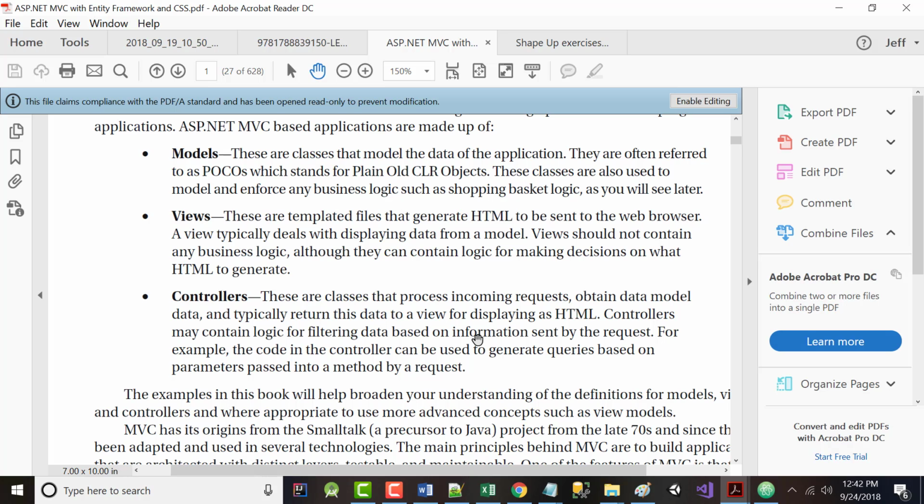But notice where there is no arrow. If you are writing model view controller code correctly, there should be no direct communication between the model and the view, ever, for any reason. Now,